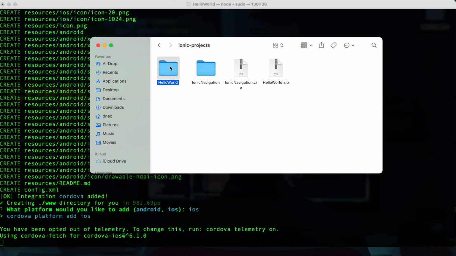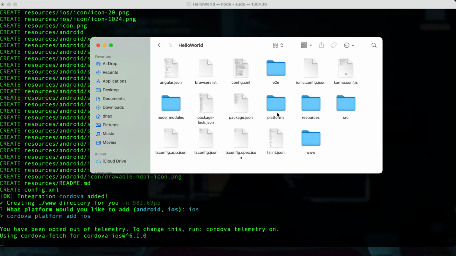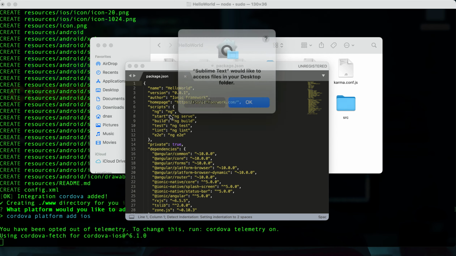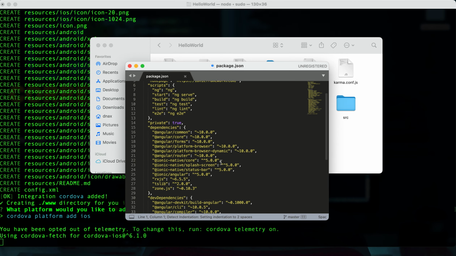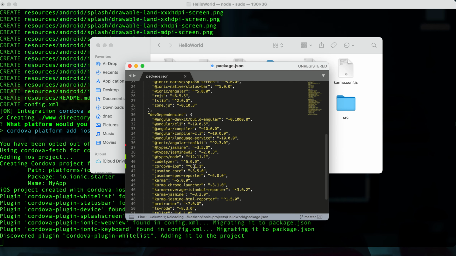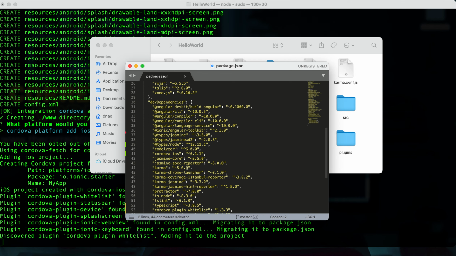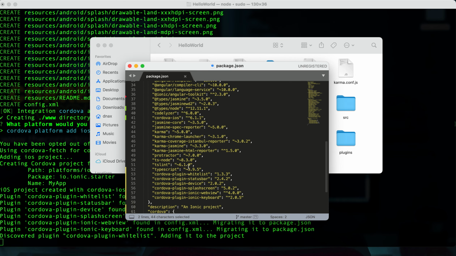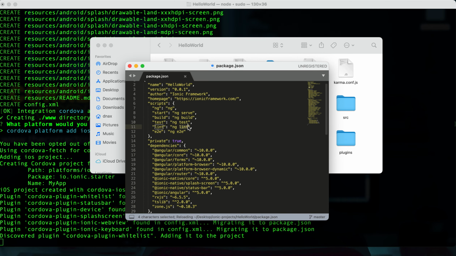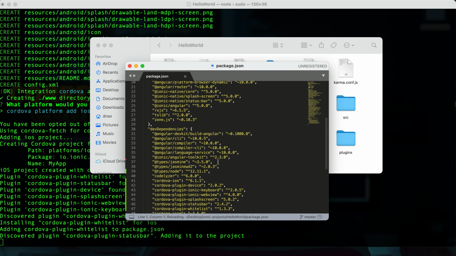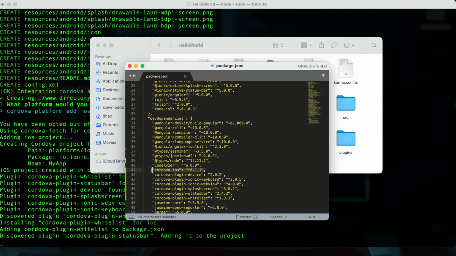From where is it fetching? That is an important question. So here, if you go to the project folder, you will have a package.json. Just open that package.json file. This is where it's fetching from.